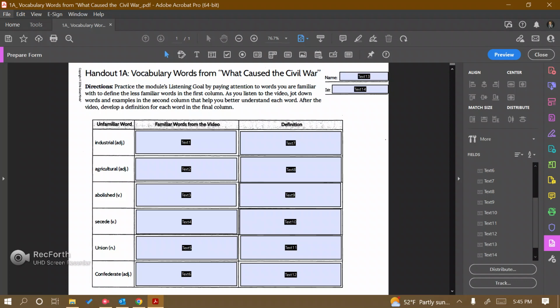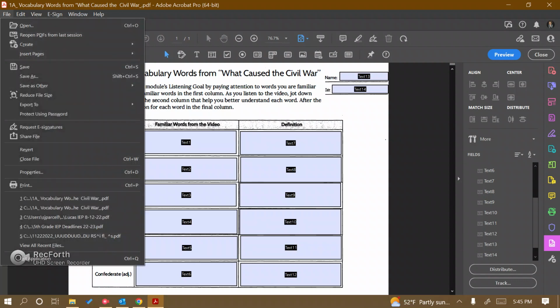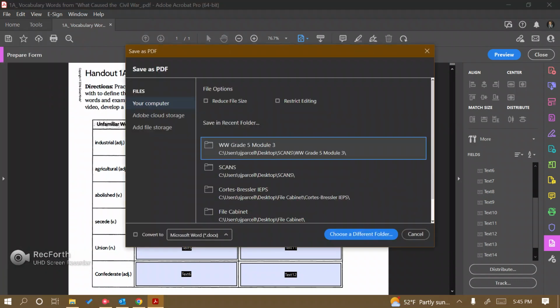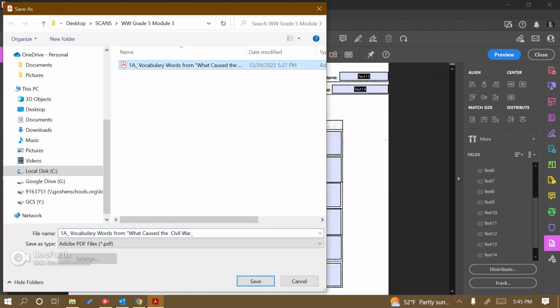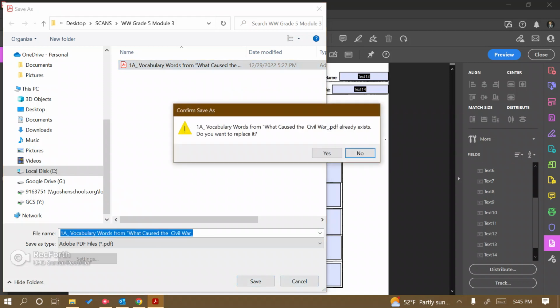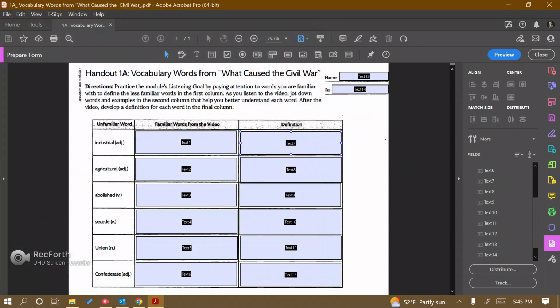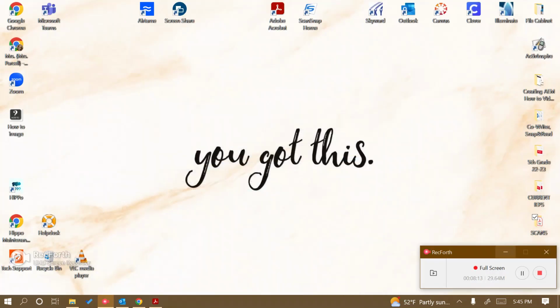So at this point, the worksheet is ready for student use. I'm going to go to File, and I'm going to go Save. I'm going to make sure I save it in my document, and that's the exact name of the worksheet I'm working on, so I'm just going to override it and replace it with the better worksheet that's now student usable. Alrighty, so that is how to create a scanned worksheet and